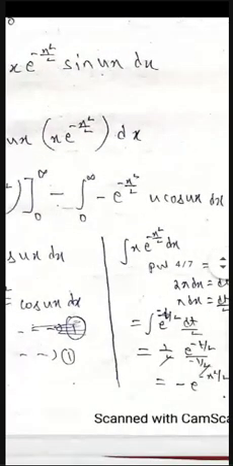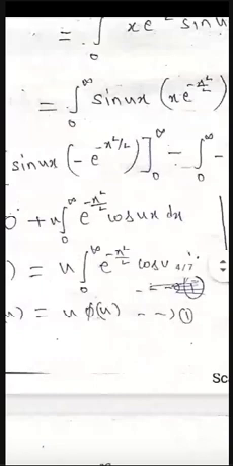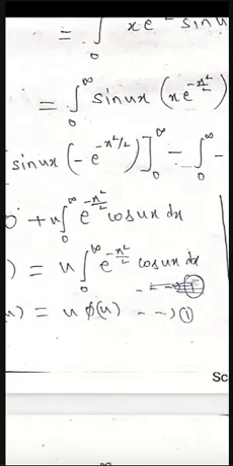Next here, minus e power minus x square by 2 u cos ux dx. That minus comes outside, so it becomes plus u e power minus x square by 2 cos ux dx, integration from 0 to infinity. Now integration from 0 to infinity e power minus x square by 2 cos ux dx is nothing but the Fourier sine transform, Fs of u, right? I hope so. No doubt, no questions.